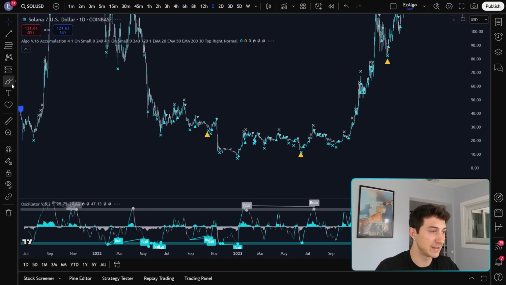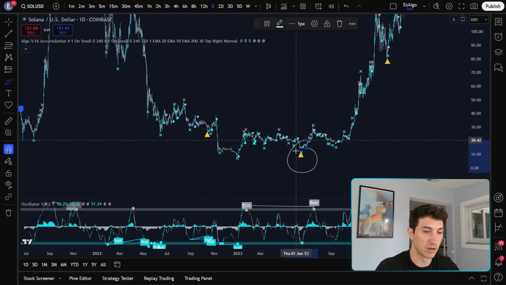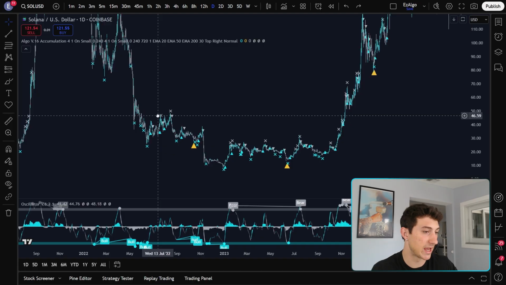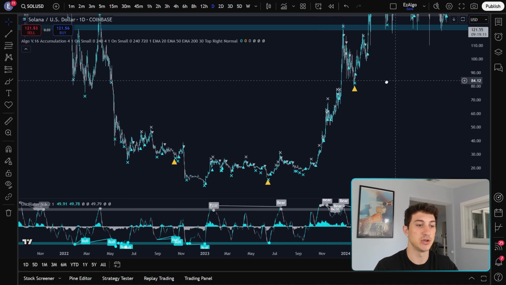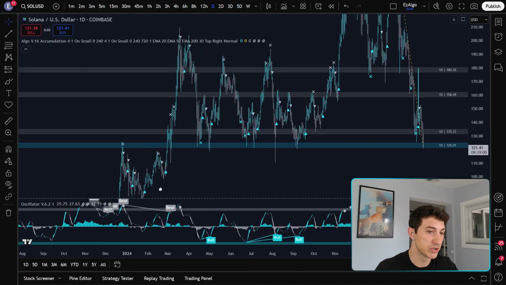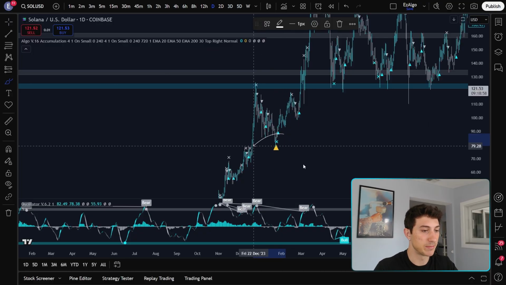Again, literally catching the absolute bottom of Solana, right? Flashing signals at $15, $16 when everyone was saying Solana was dead. The accumulation signals were telling us to buy. This is for building a portfolio over time. Leverage trading is fun, but spot trading is where a majority of the wealth is made. These signals will tell you when there is most likely a local bottom and you can buy back into the